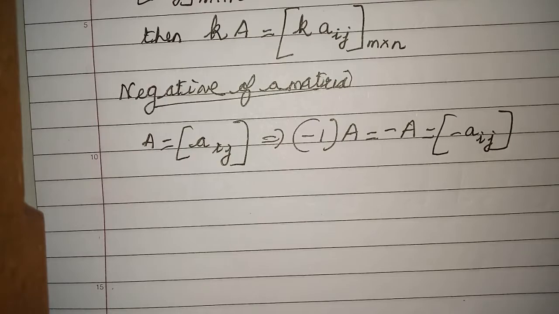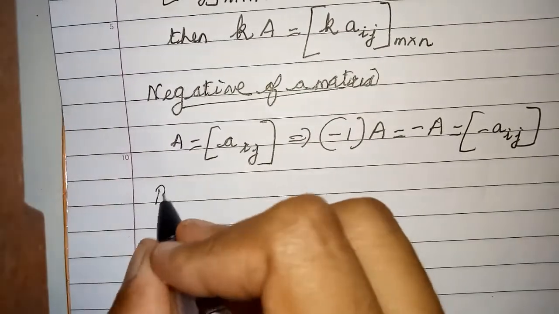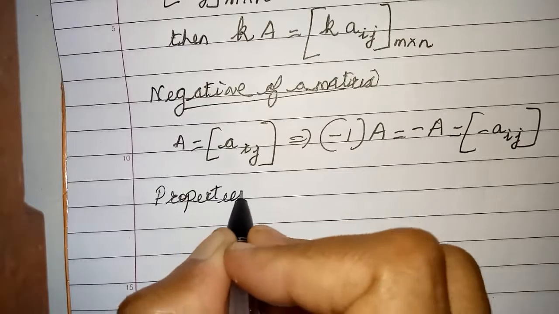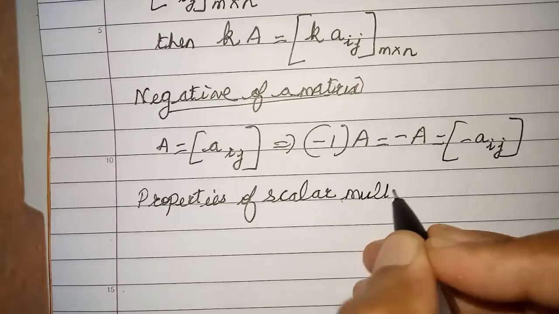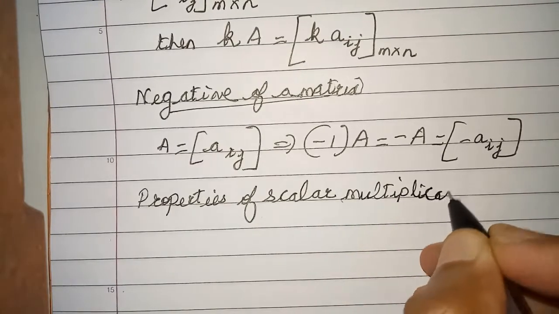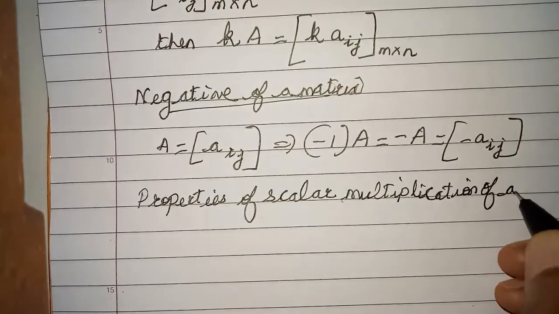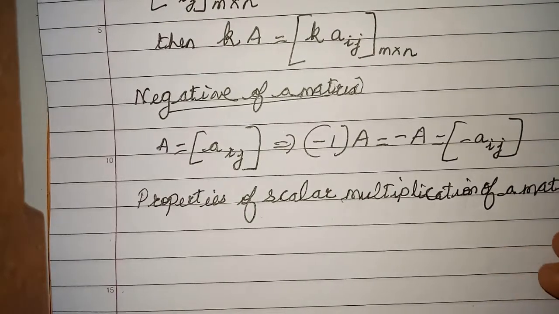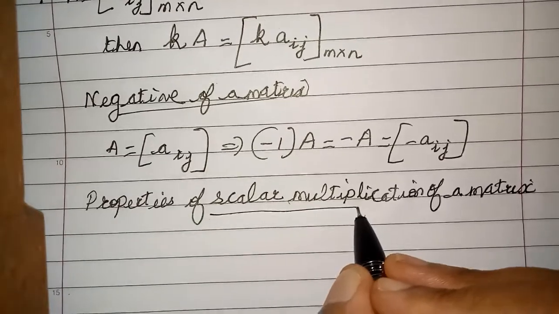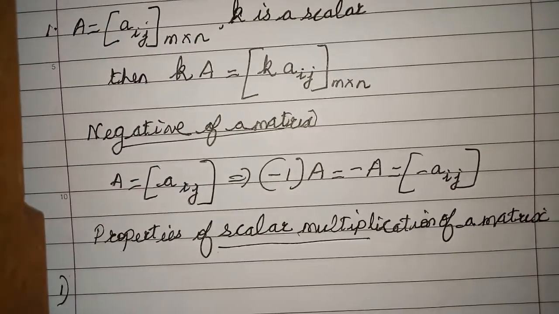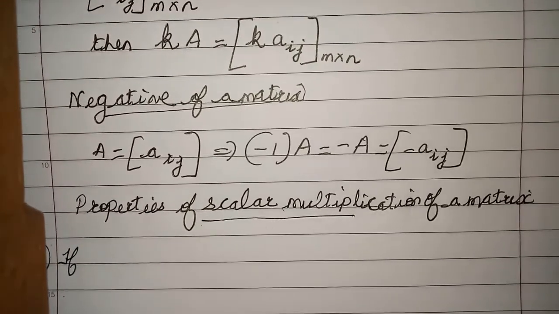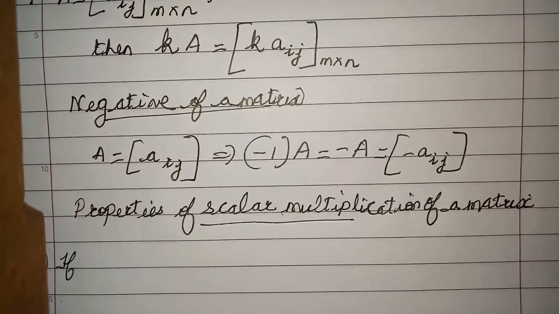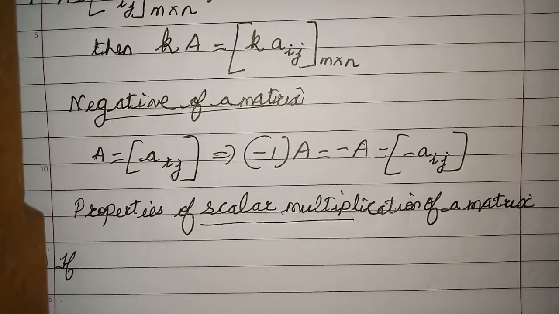moving on to properties of scalar multiplication. Children, now it may not be very interesting because it is theory, right? When you are given problems, you will enjoy solving them. But I have to teach the theory, right? So I am doing this. When you start doing problems, you will enjoy it. But let me discuss the theory so that we can learn it. In the exam, you should be more concerned about problem solving, and the theory part can come as a 1 mark objective, just to identify the property or the correct answer of this property.